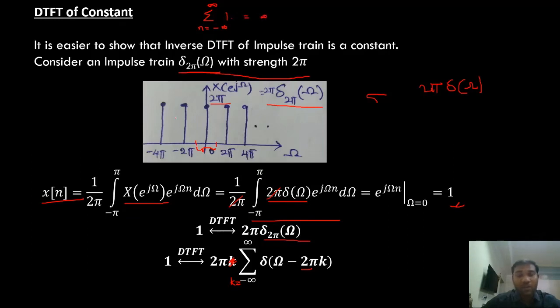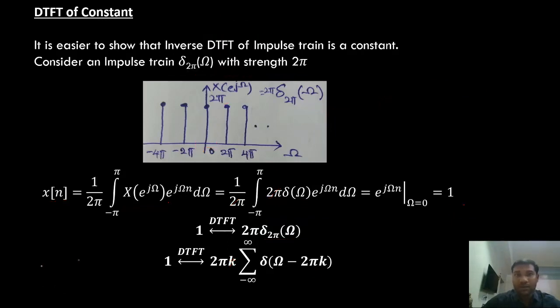It is not absolutely summable. So we are finding another way to find the DTFT of a constant, right? That is why we are doing it in this manner. Now